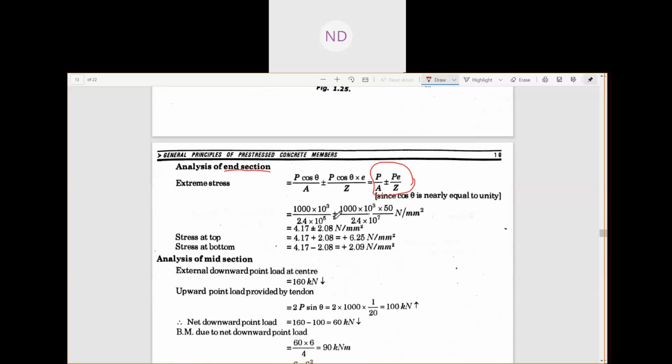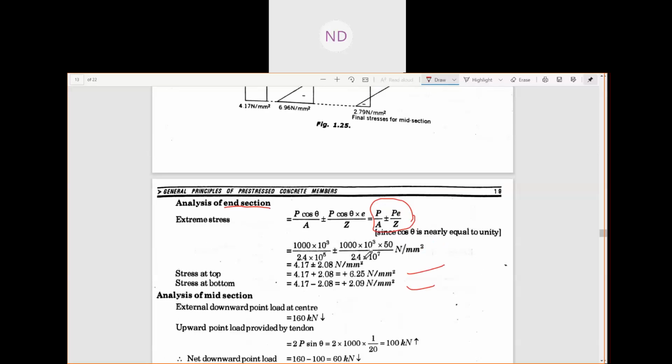Simply by putting the values, now you can find out your top stress, because you have these extreme stresses at the end section. How much? P by A plus minus PE by Z, and at the top will be how much? You got your P by A to be 4.17, your PE by Z to be 2.08. Now the top stress, 4.17 plus 2.08, which will give you your top stress at the end section, and at the bottom of the end section, you will get how much? 2.09. You can see the diagram here,